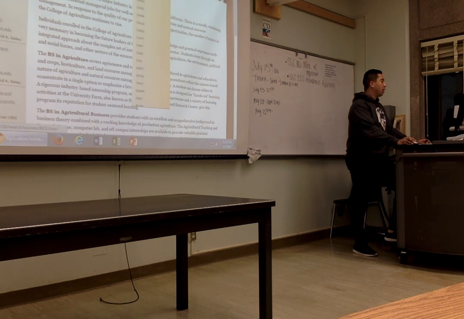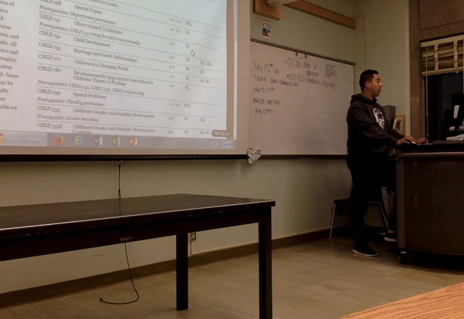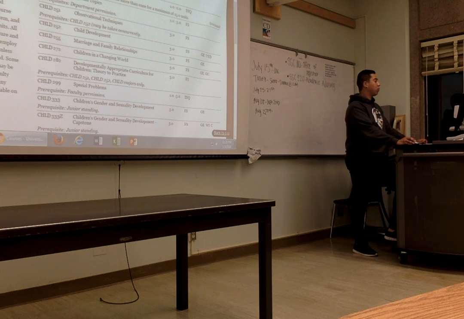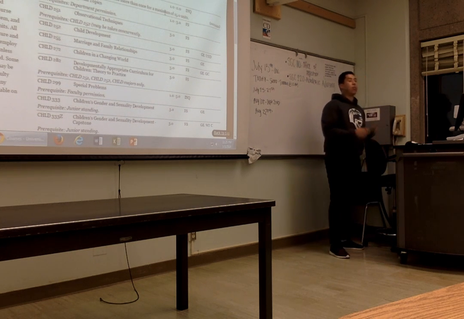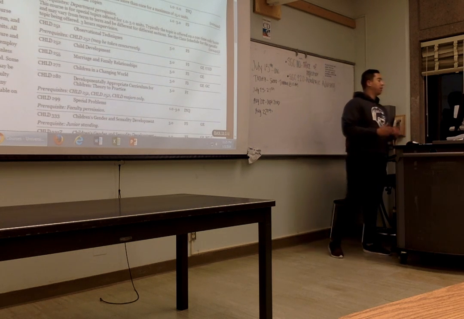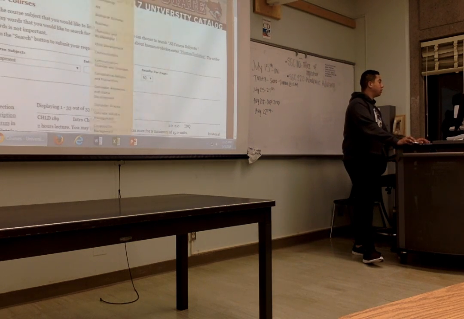So, for example, we see child. And if you don't know the acronym, you can always just hover over it. See, like Chinese, CHNS, means Chinese, CHLD, child development. It'll tell you the description of what it is. We click on child development. Every course that deals with child development is on here. And then once we click child development, right here, it tells us what that is. It explains what that course contains, what it's about. Basically just an introduction paragraph right there for you guys to see. Perfect.